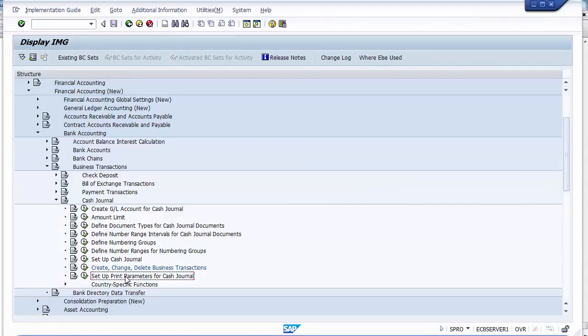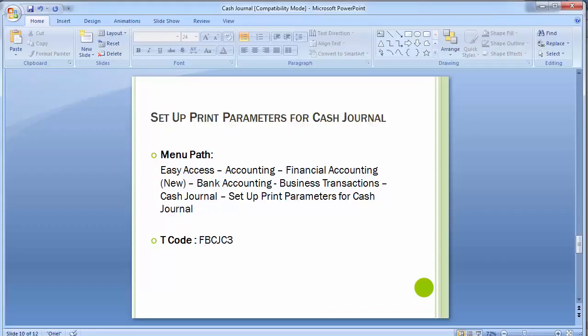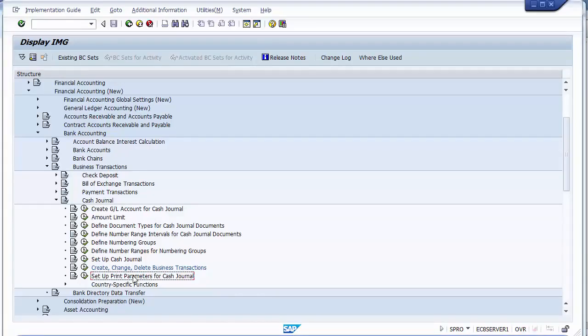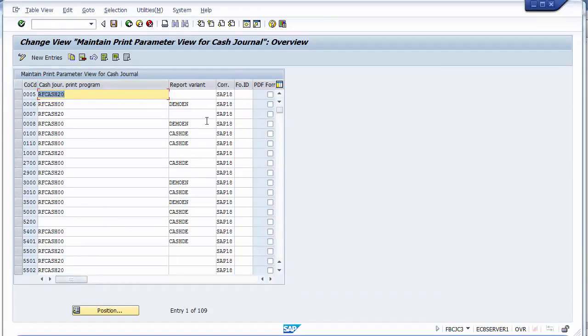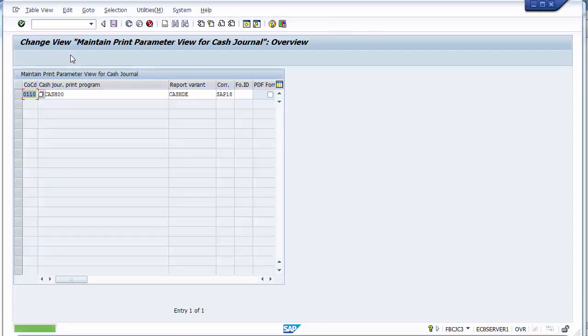and now we can go to this last customization step or the configuration step over here, and you can see set up print parameter for cash journal. So this is the screen which comes up, and now in this particular case the program over here is the print program. You always need to have this particular print program which will be used for you. But now what I will be doing is I will be using this copy. This is a standard